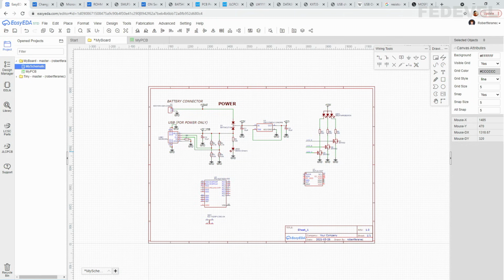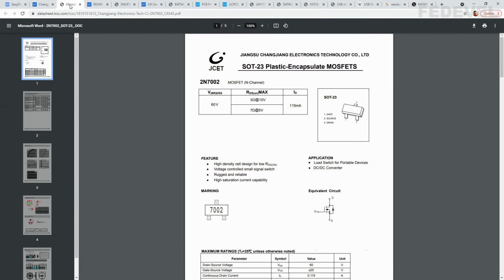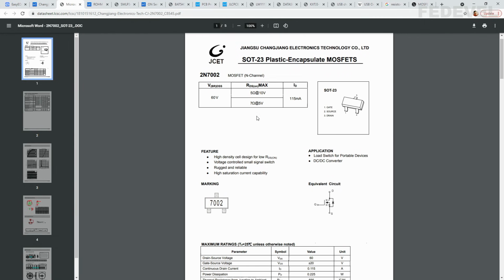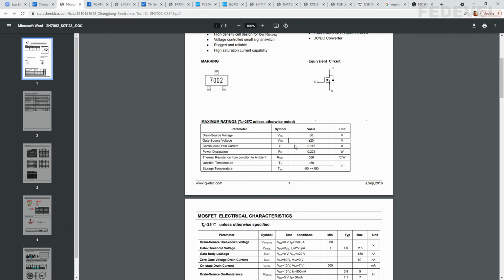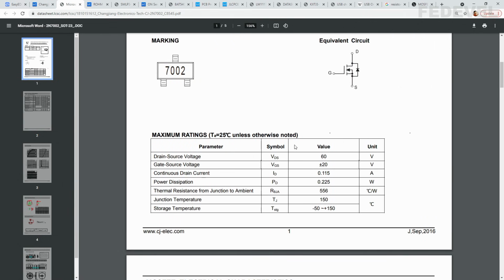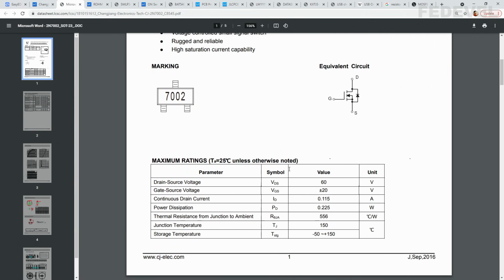If you would like to choose your own transistor for your own board, there are a couple of numbers which are important. So when we go into the datasheet of the transistor, this is what you may need to double check. First, you would like to know the maximum current which can flow through your transistor.